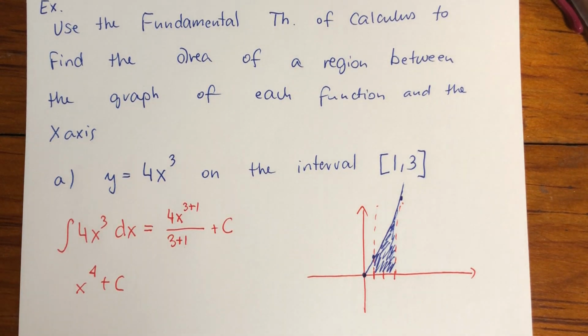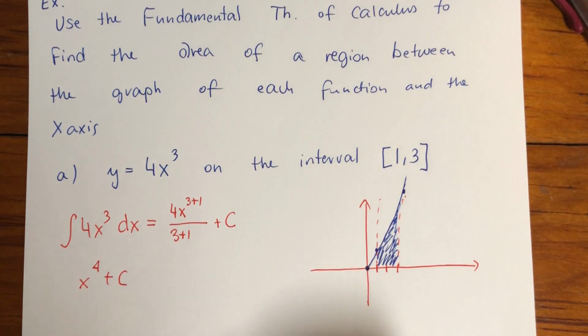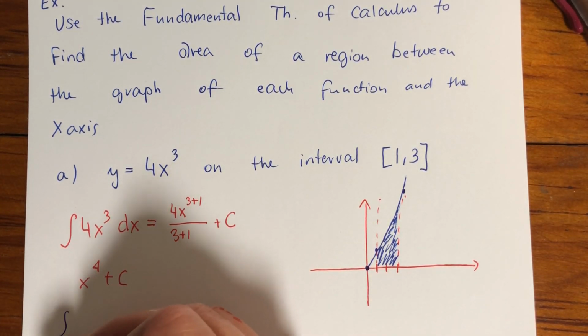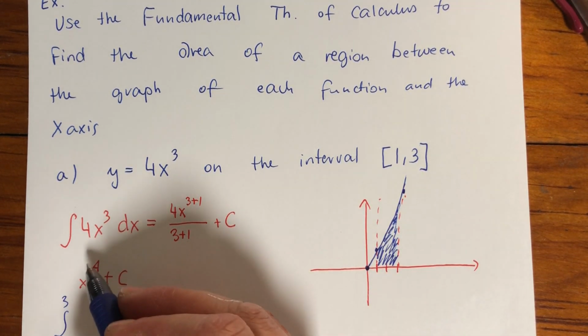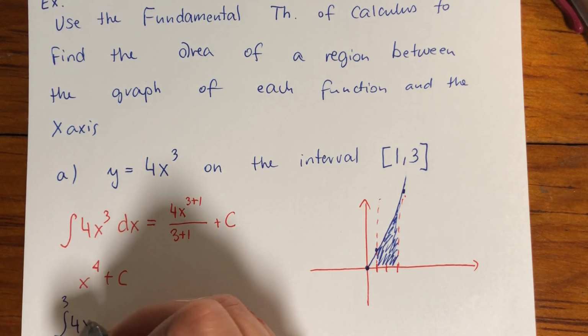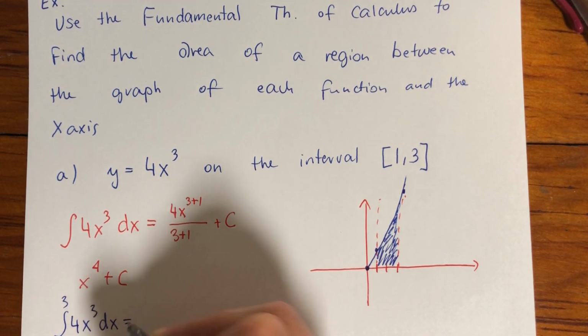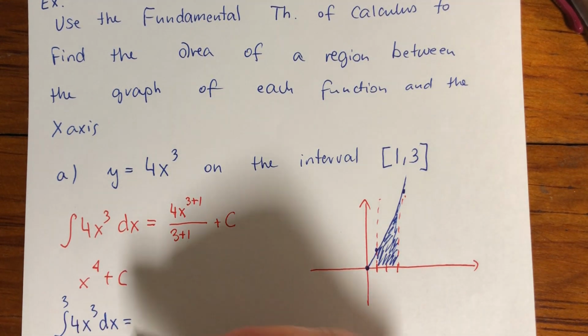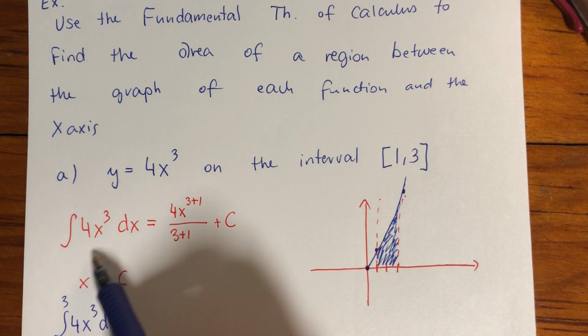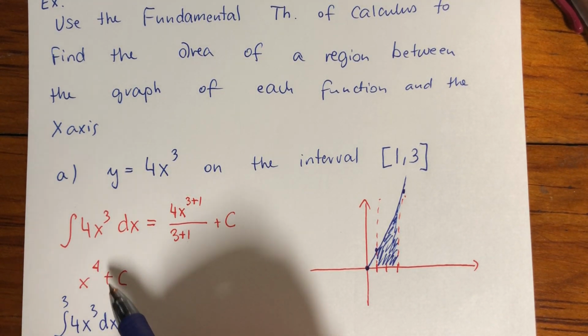So notice that in our previous notation, that would be the capital F of x, that would be our antiderivative. So now, what do I need to do with this? I need to make sure that I calculate this on the interval from 1 to 3 of the original, 4x to the power of 3 dx. And now we always start with the top number, so you are plugging it into your antiderivative. Okay, so we will have